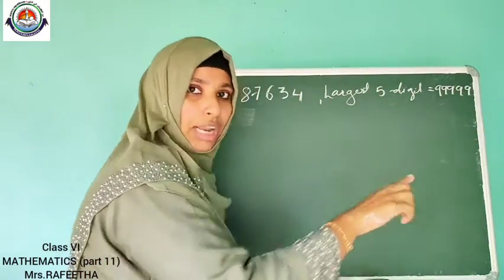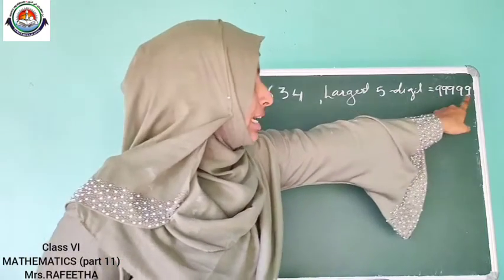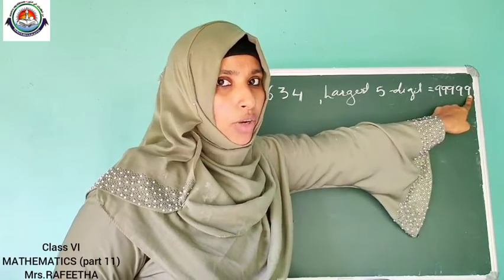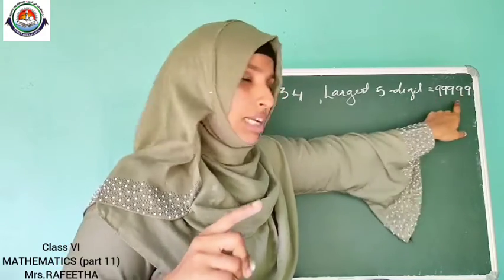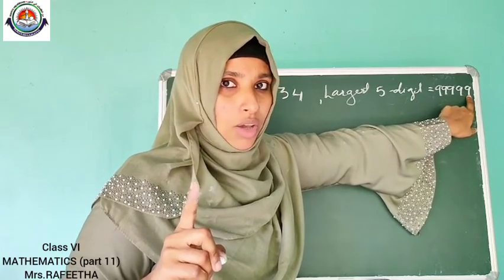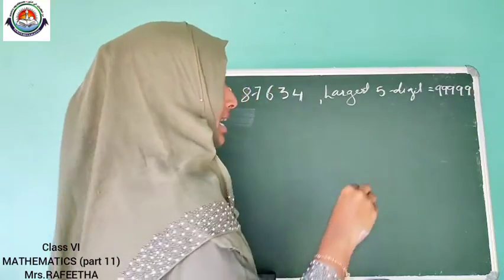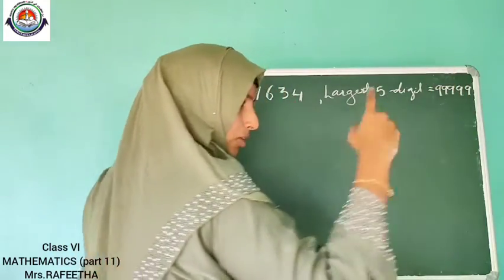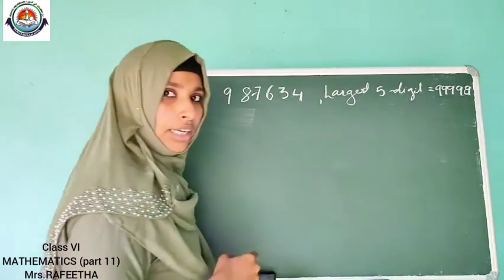If this is an even number, we can write this itself. But this is not even. Why? Because at last it is odd. If the last number is even, then only we can say that this number is even. Here, the last number is odd, so we can call this an odd number only. So we want to make this 9 just subtract 1. That is 8. Now, this is an even number.